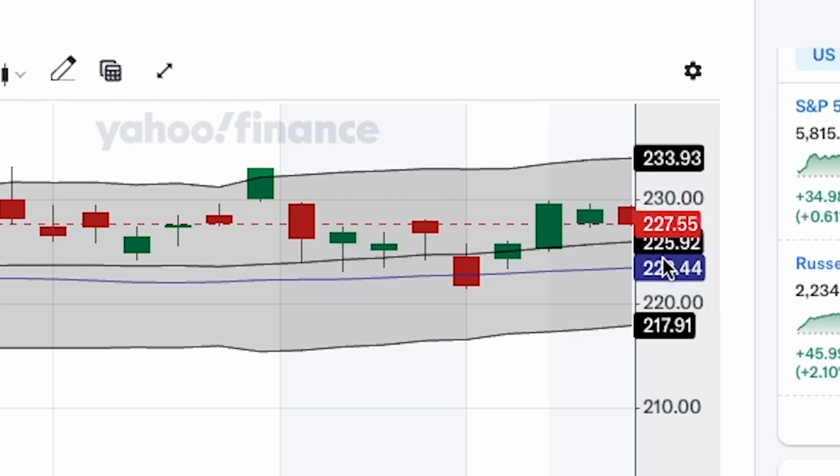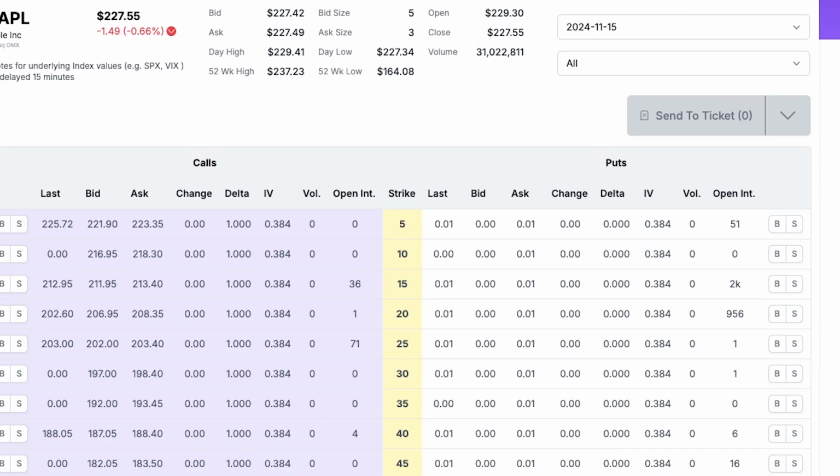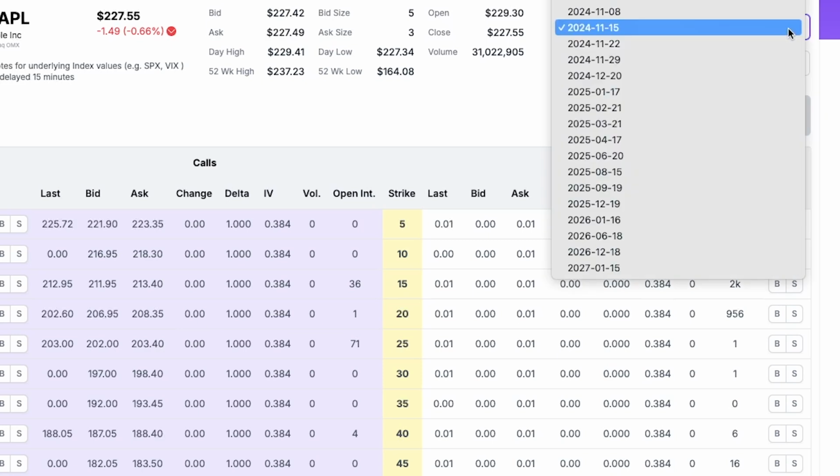So let's go look on an option chain, and then we will decide on which one we are going to trade based on the funds we have available to us, coupled with the delta. Once you get to the option chain, it's important to note that puts are to the right and calls are to the left. And this is the case regardless of what option chain you are looking at. And the next thing you need to consider is, where do I go for my expiration date? So if you look right here, I have selected